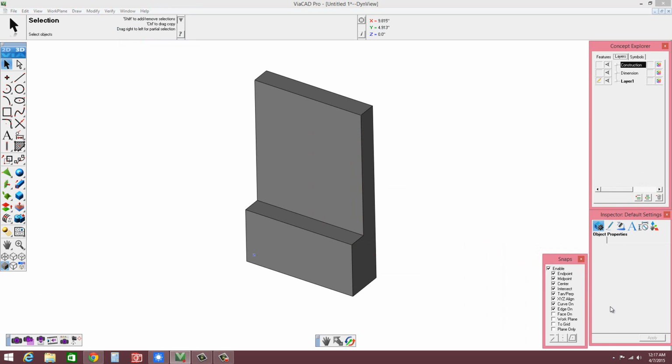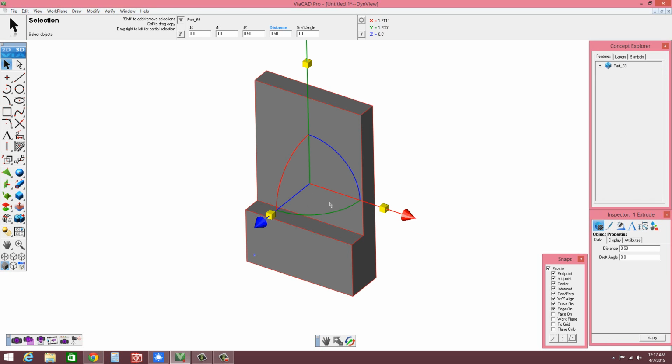Also, I have a tendency to tailor the sizing of these boxes to give myself the Concept Explorer, because there's a feature tree, which is really pretty interesting, because this is a budget software. I mean, we're not talking very expensive CAD software package here. I think the list price for the Pro version might be $250 or roughly around there. If you see here the features, hit the little plus symbol, you'll see there's the extrude, and there's the union, and then there's the second extrude. So you have the ability to go in and you could delete these, or you could edit them,